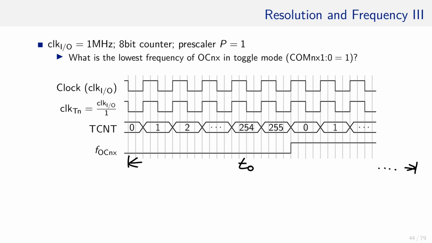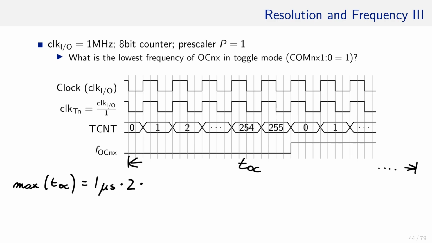Again, this is TOC. Therefore, we have to maximize this time, which is the resolution, into 2, because we have to toggle twice to get one period from the low to the high signal,